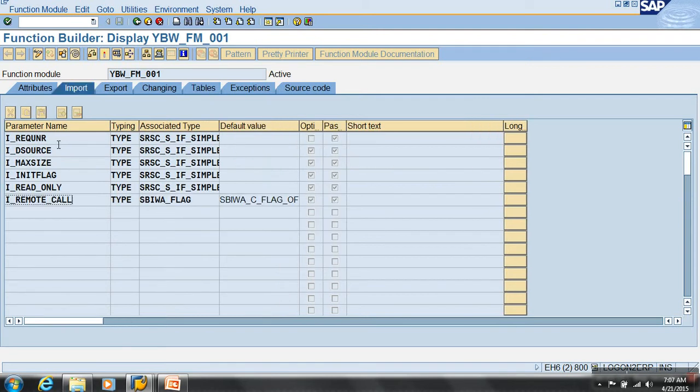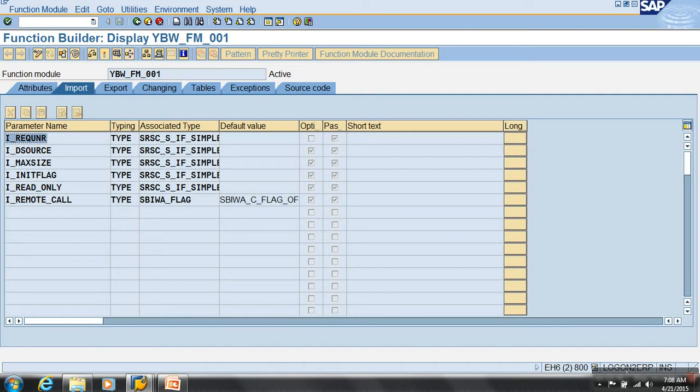First, let me explain this parameter I_REQNR, which will have the request number. What request number? Look at this. You write a function model, right? You use this in a data source. You replicate this to BW, connect it to the target, create transformations, then create an info package and trigger it.